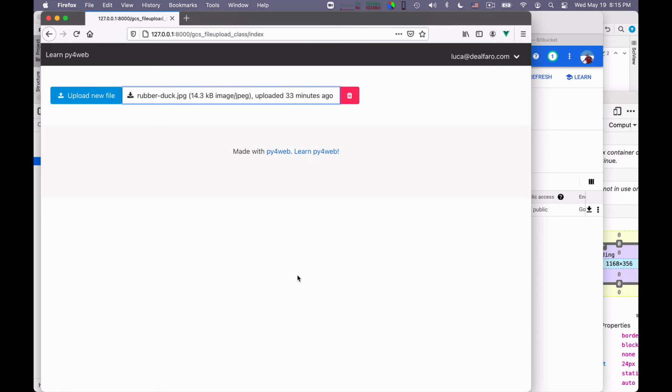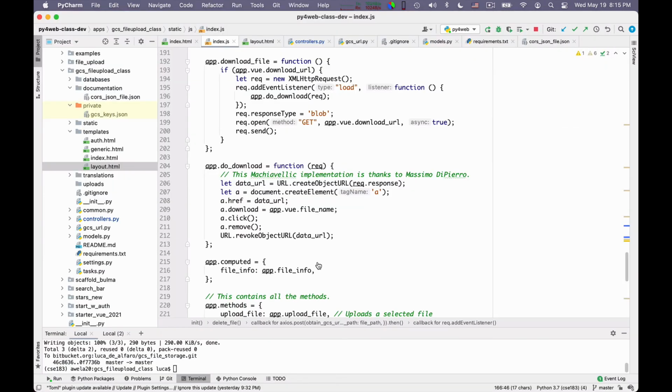And here I have to admit I was a little bit stuck, so I asked Massimo in one of our periodic conversations, and Massimo gave me one of these tricks that is so Machiavellian, beautiful, that it really deserves to be looked at. It is between perversion and beauty in software design. So what did he invent? Let's look at how this download file works. It's just a few lines, but the content is amazing.